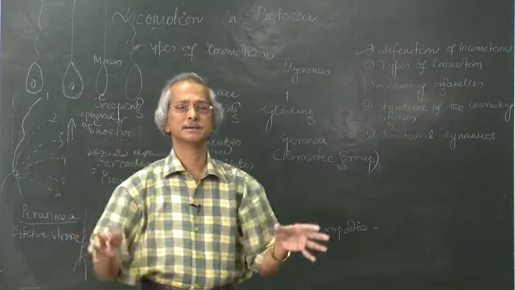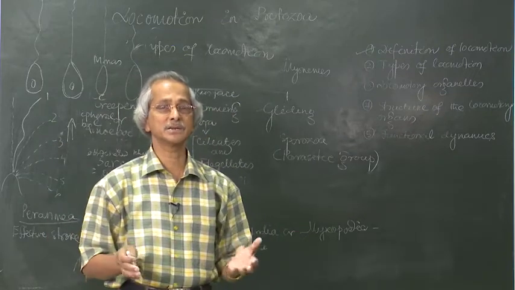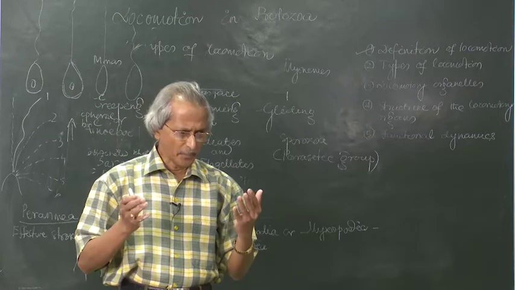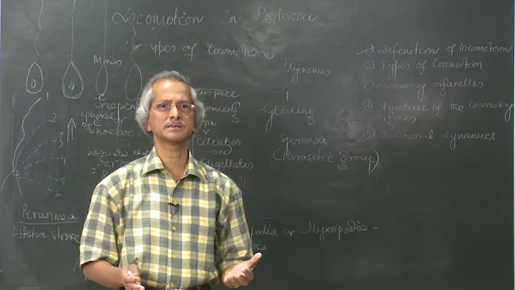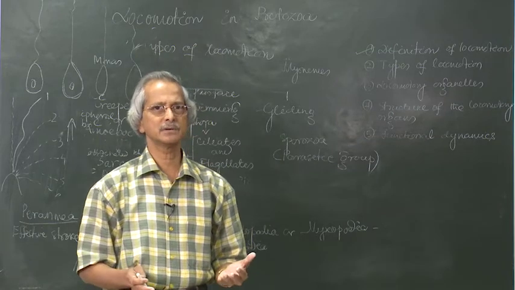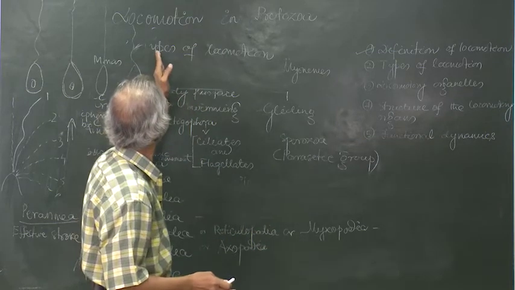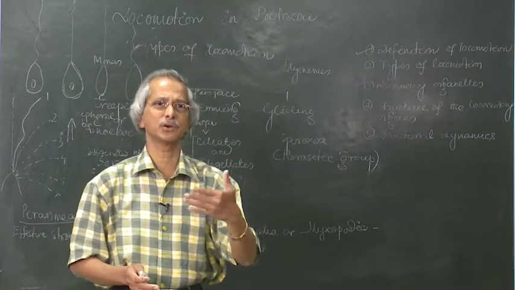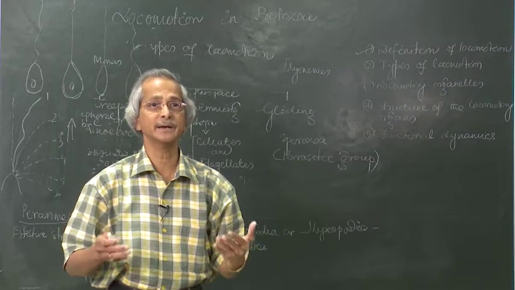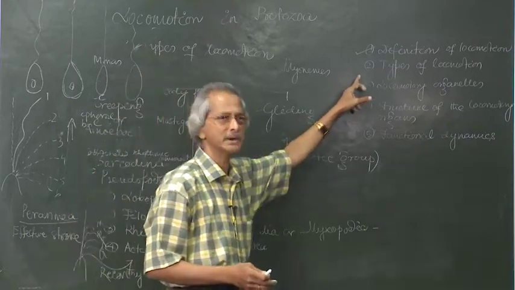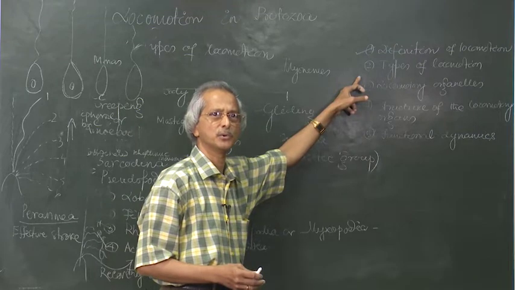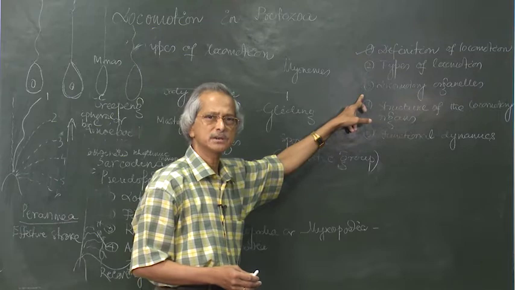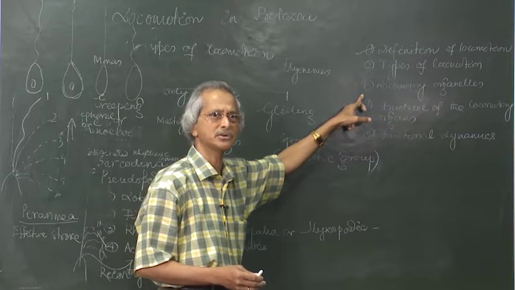Let me summarize what we discussed in this session. The topic of today's class was locomotion in protozoa. Now, what branches under locomotion of protozoa did we discuss? First we started with the definition of locomotion, then types of locomotion, then locomotory organs, the different locomotory organs present on the animal body,